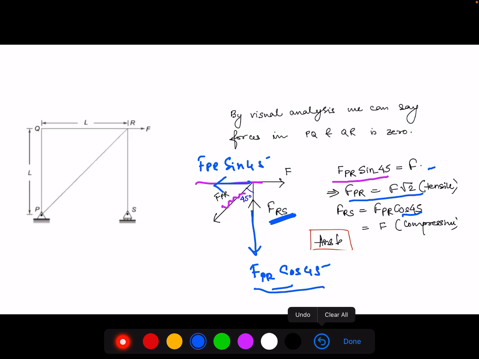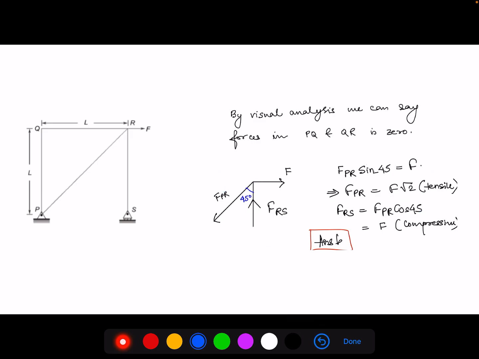Right. So how to find out what is the nature of forces? Very simple. Again, I will give you the trick, right? Any member which is pulling something will be under tension, and if it is pushing something, it will be under compression. If you are pulling something, you will be under tension, and if you are pushing something, you will be under compression. So if you see, this is the joint R. What is the member PR doing? The member PR is pulling the joint. So member PR, if it is pulling the joint R, the member itself will be under tension,